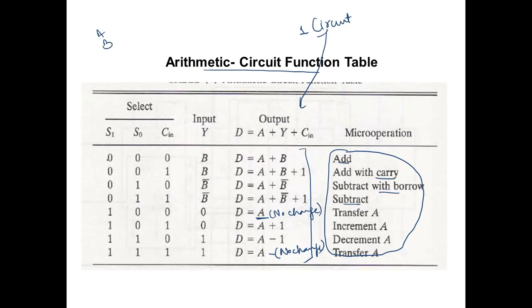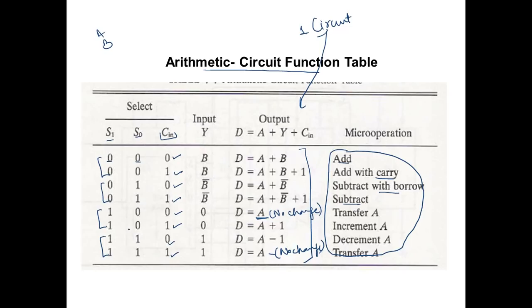Okay, so for that we are considering only these two selection lines, but this is the C in, meaning any previous output carry. Now if this is 0 0, the previous output carry can be 0 or 1. So that's why for these two cases the value is 0 and 1. I can't determine at this point of time which value I am getting. Similarly for this 0 1, this C in can be either 0 or 1. Same is for the next, for 1 0, the C in can be 0 or 1 as well. Similarly for this 1 1, the C in can be 0 or 1.